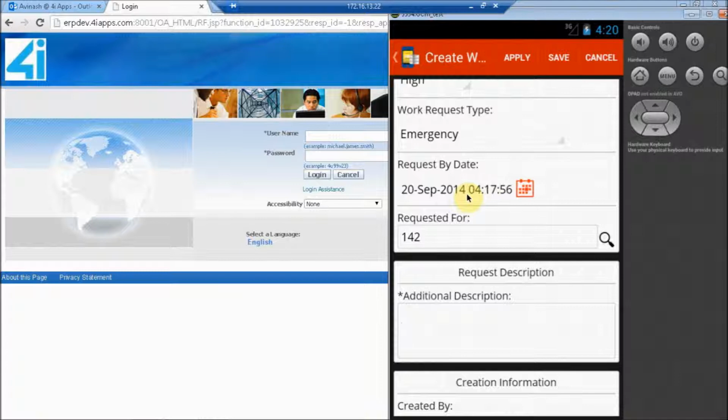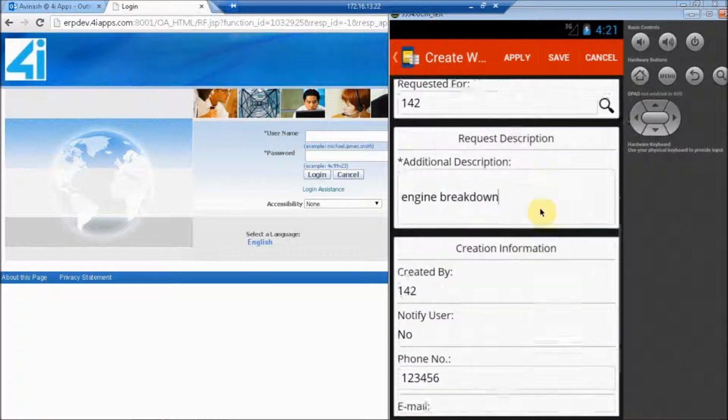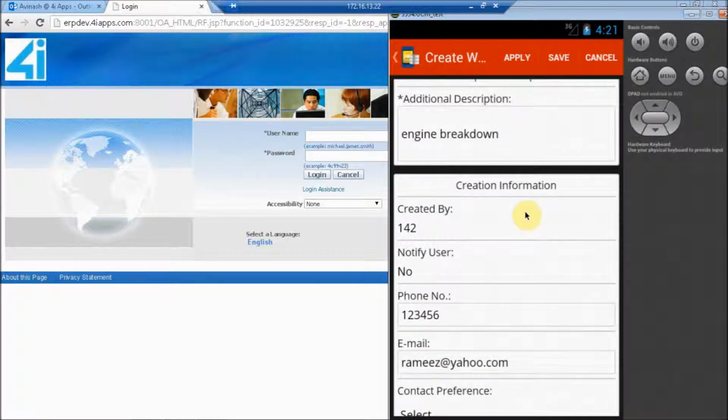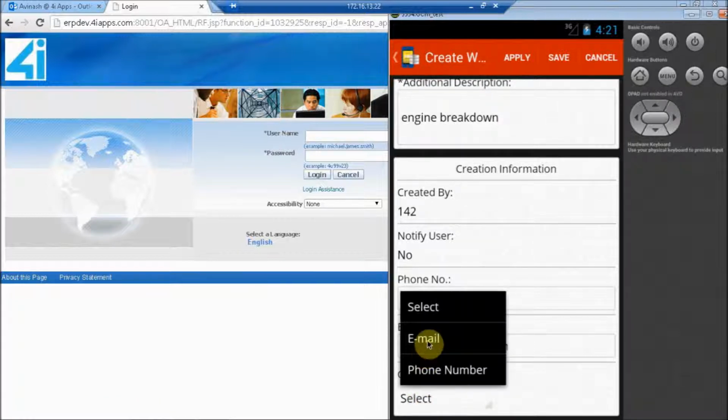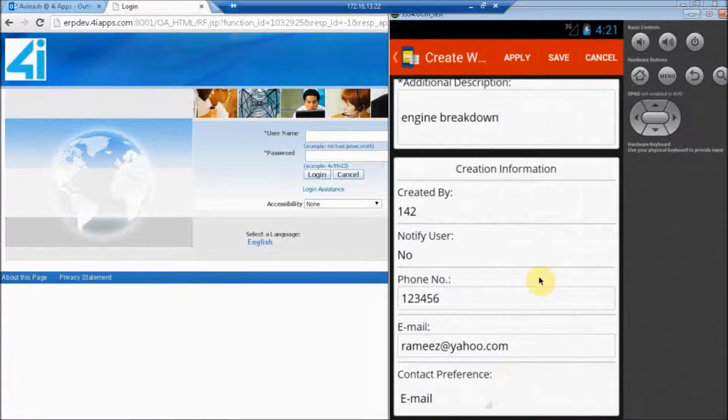So you can request what date you want, type in your additional description, you can choose your contact preference, and apply.